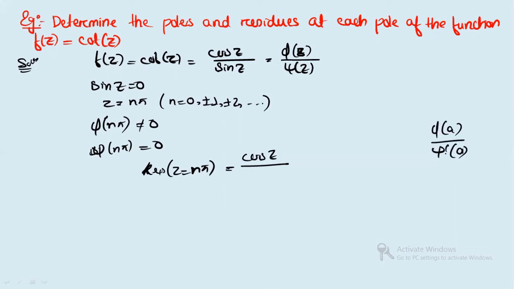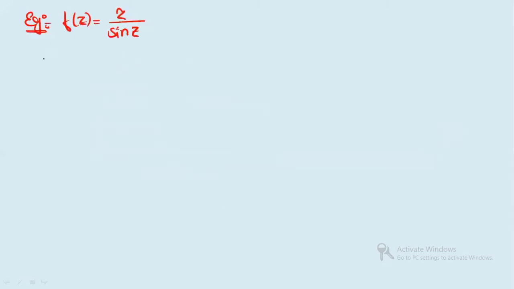Okay, so here what you will do? You will differentiate this sin, then you will get cos z. So here the limit will be there, so we will not go to that. You can directly see this will get cancelled, right? And you will have this equal to 1. So the residue is 1. Clear? We will solve one more example.